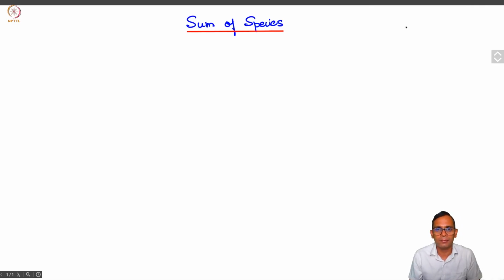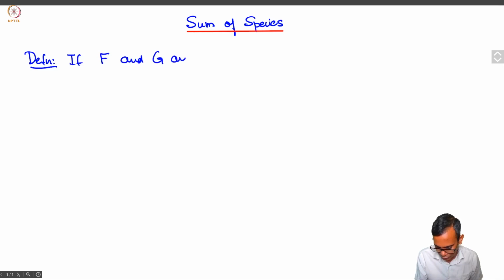In this lecture, we'll start studying the algebra of species. These are various algebraic operations that you can perform on species, which are then reflected in their generating series. So the first algebraic operation, and perhaps the simplest, is that of the sum of species. So here's the definition. If f and g